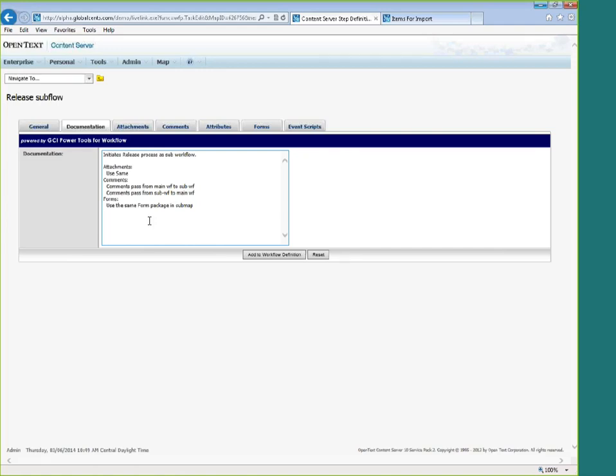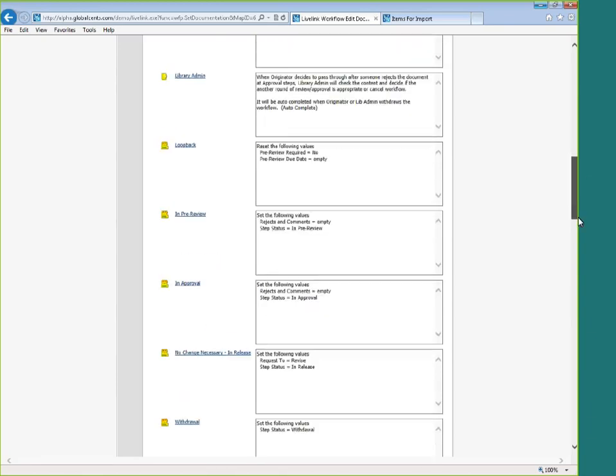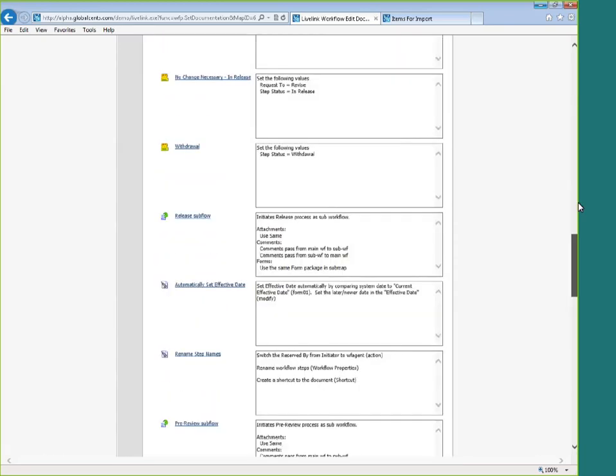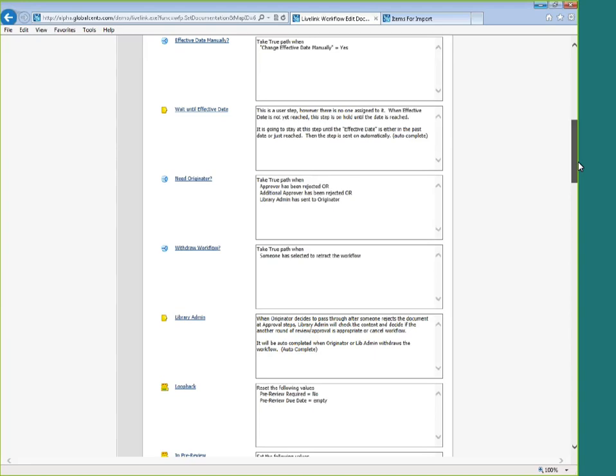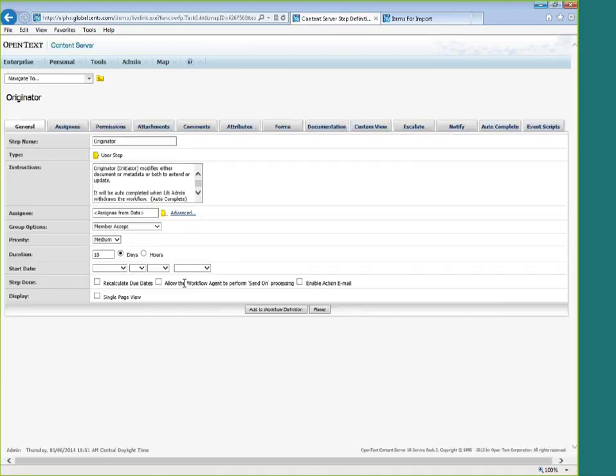The documentation tab is added to all of the standard step types. Custom step types can still store their documentation by using the option under the map menu. And we'll take a look at that. If you look on the map menu, there's a new option here called Edit Documentation. When we select that, it will show me all of the steps in the workflow and all of the documentation for each of those steps. It's all in one place. So I can come here and read to see what each step is doing and is supposed to do, so I have an idea of what this work process is about. And if I need to make a change, I can read here and update this, and so the next person after me can see that change.